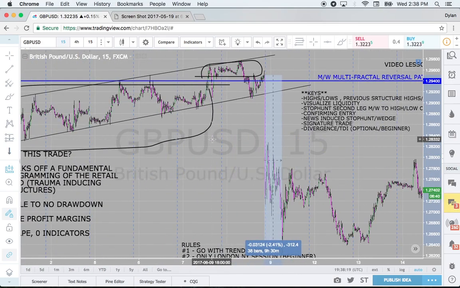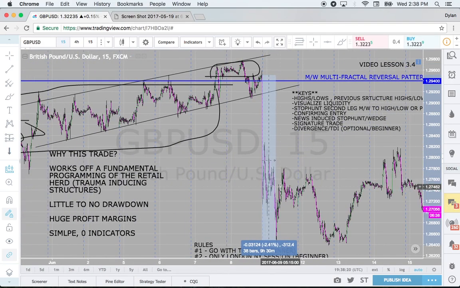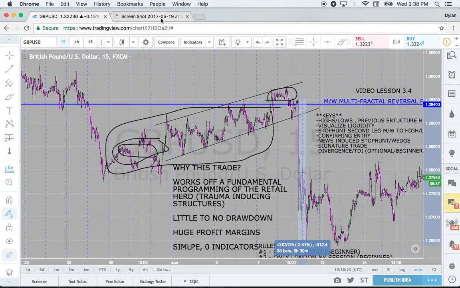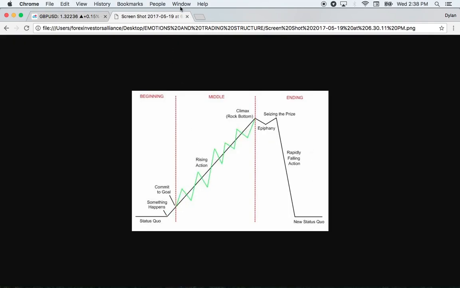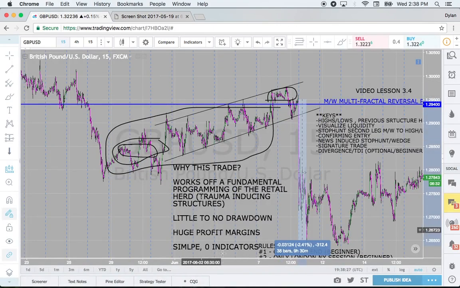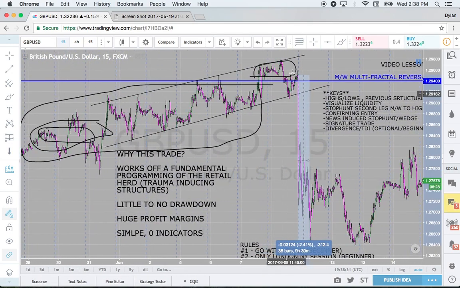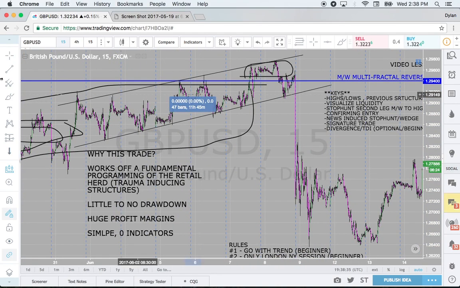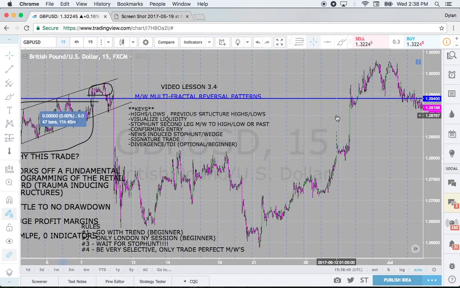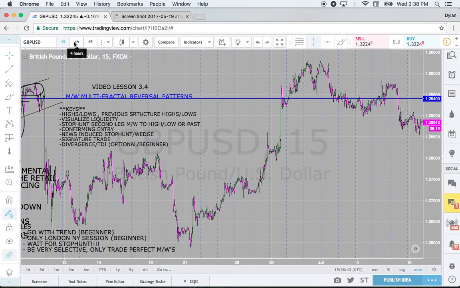A total of 9 hours, 300 pips. That obviously creates a state of trauma in the market participants that are buyers, and that scares any buyers out of their position right before